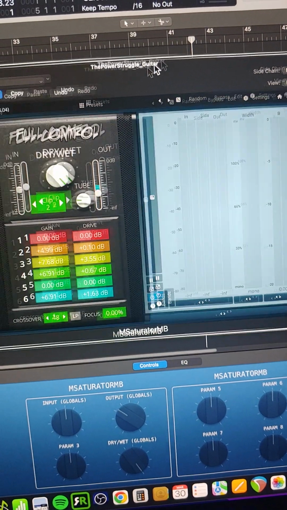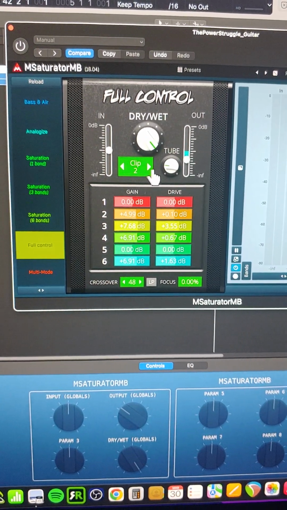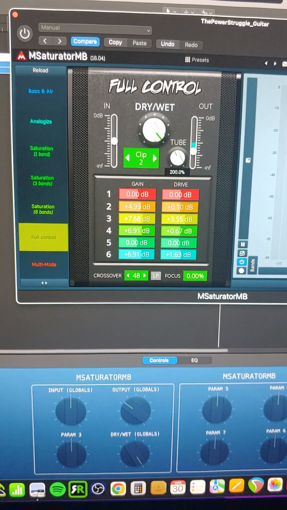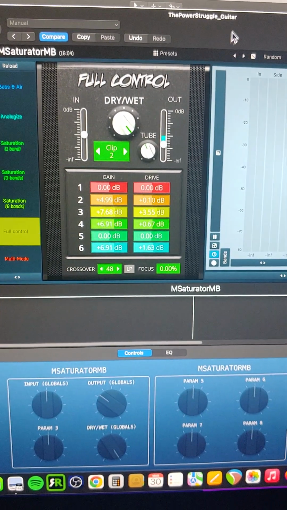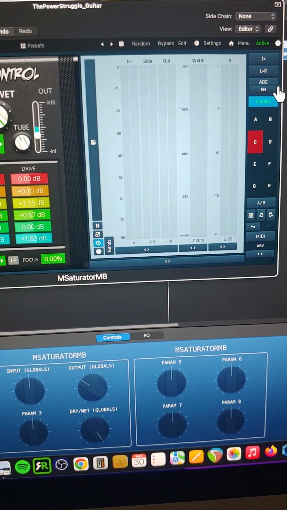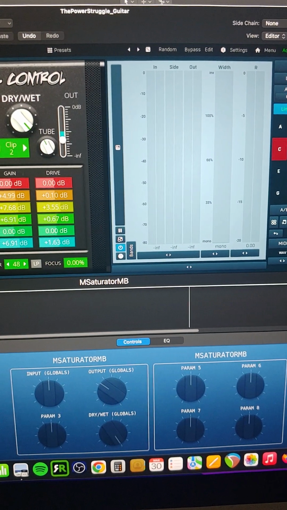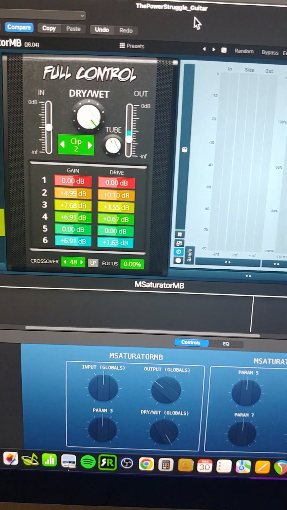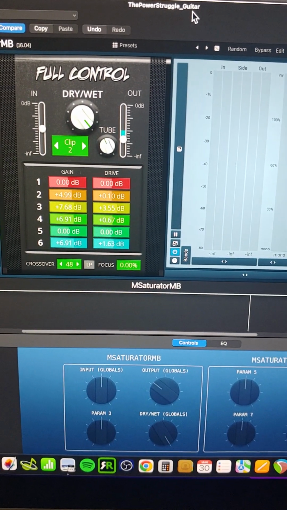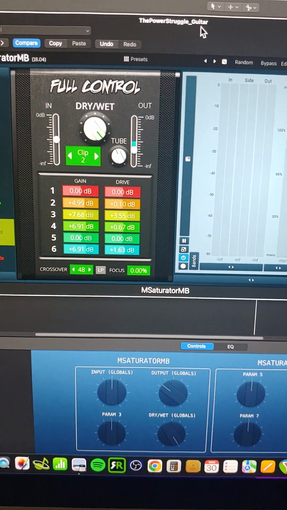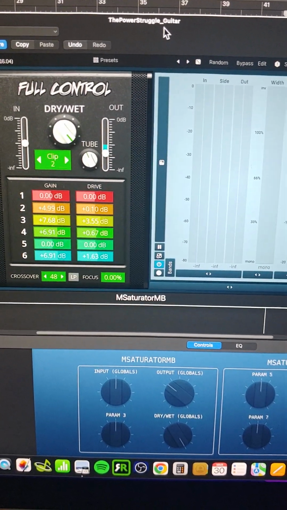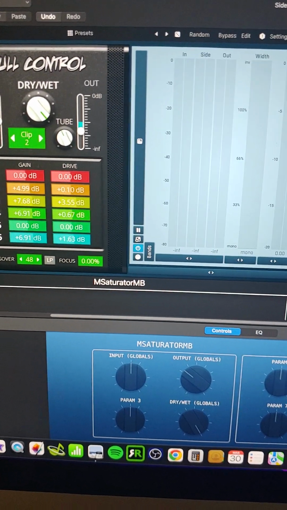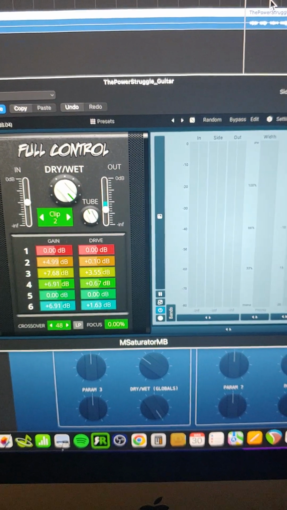And to get back to this, so you have this simple view that will show you these things. And then you can, of course, adjust the amount of the false simulation of the tube as well. And you can adjust the gain through automatic gain compensation. But the truth is that also seems to affect the overall tonal characteristic of what's happening with the effect. And so I tend to just want to turn the volume down where it's almost matching the input. So if I have a system or a signal that's running through,